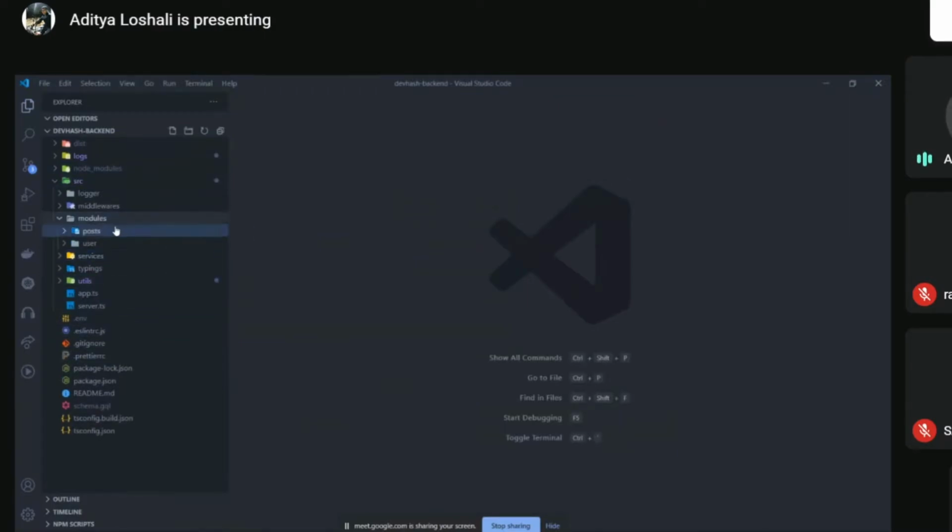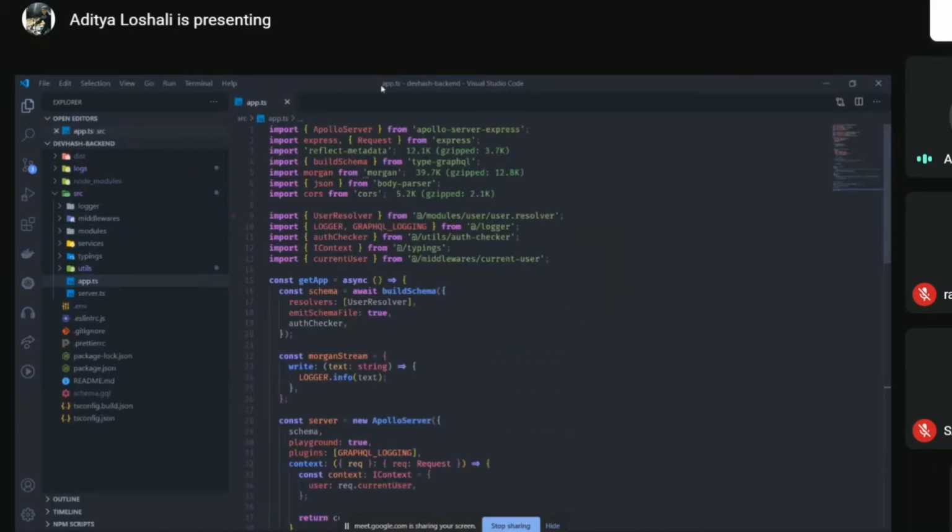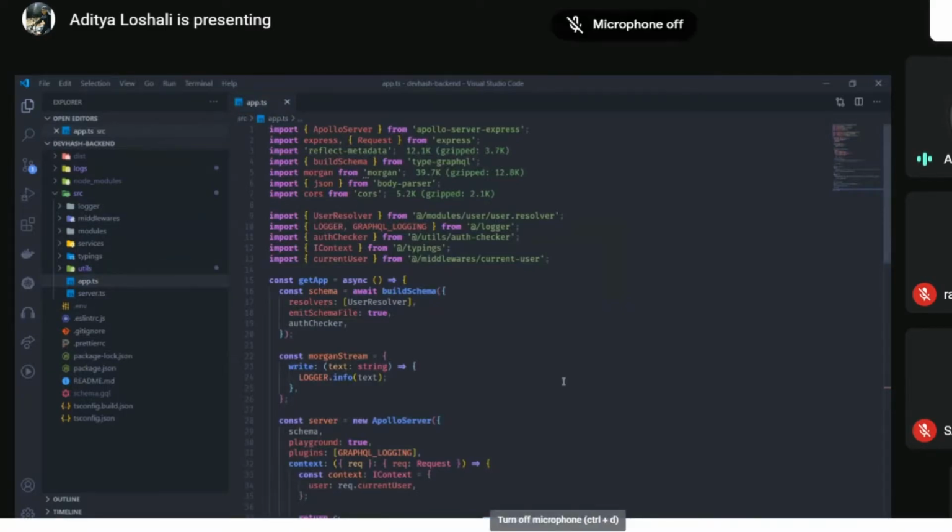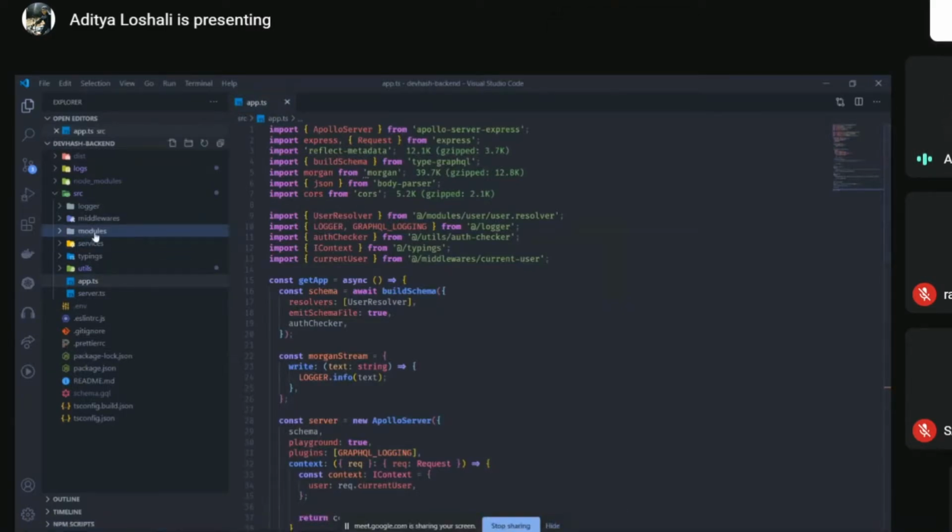So the main folder structure here is this modules folder. Everything from the modules folder is imported into the app file. For example, we have a user module where we have the domain user and everything related to that domain, like the Mongoose model or the services, the business logic, the GraphQL things, everything is present inside of that module.